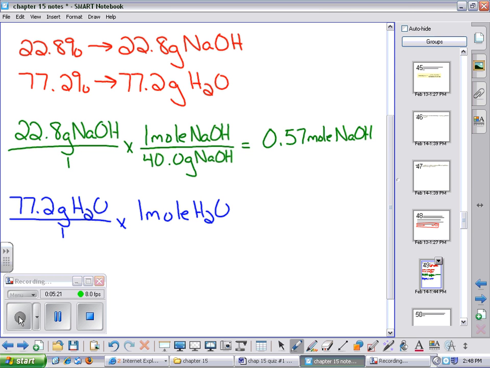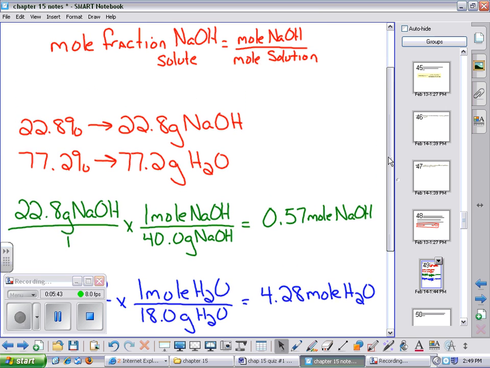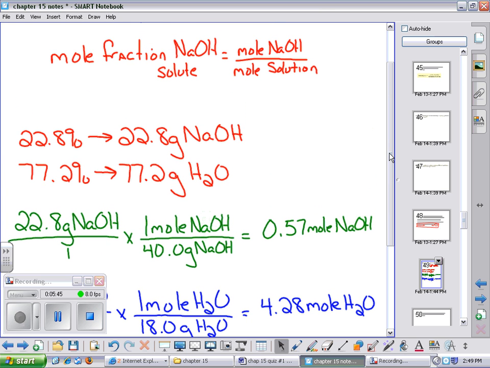And the gram formula mass of water, you guys know, is 18. So when we do our math, 77.2 divided by 18, we get 4.28 moles of water. So back to our problem, we're taking our moles of our sodium hydroxide, which we know is 0.57, divided by